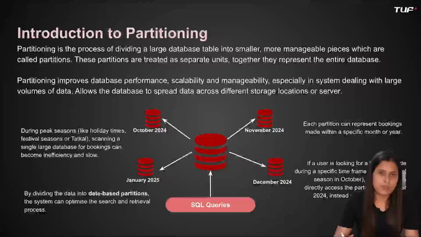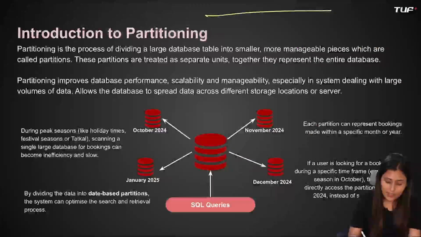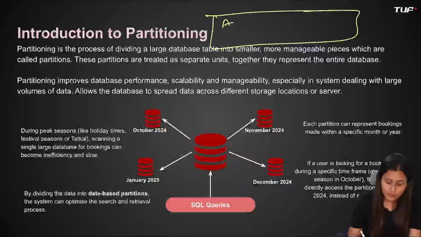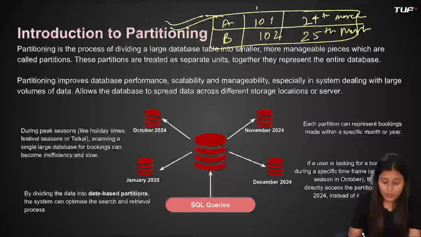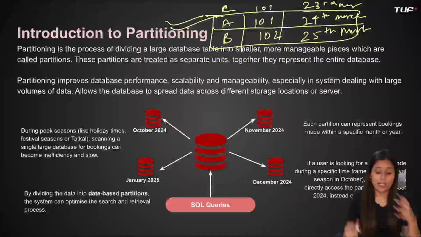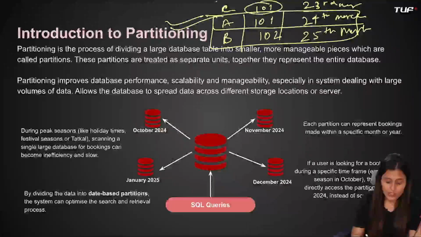Let's suppose we have multiple bookings. For train number 101, for date, let's suppose 24th March, we have a booking for person B; train number 102 for 25th March. So we can even go according to train number. We can divide all those train numbers with 101, 23rd March, and divide it accordingly. So for the first partition, C and A will come, and for the second partition, B will come, right?